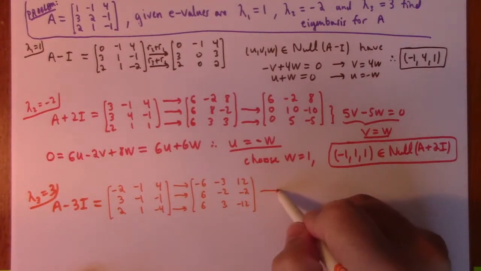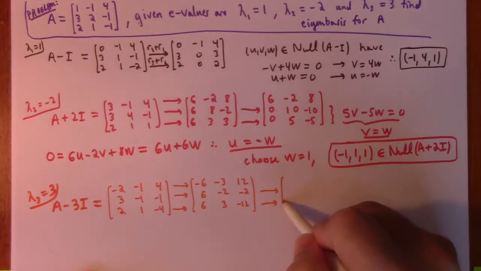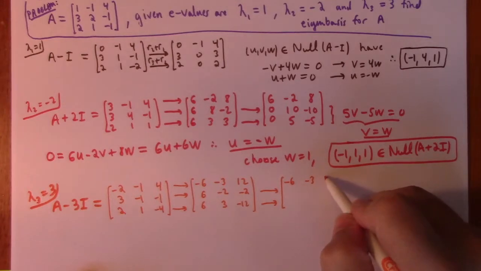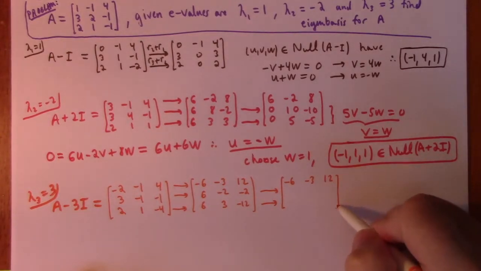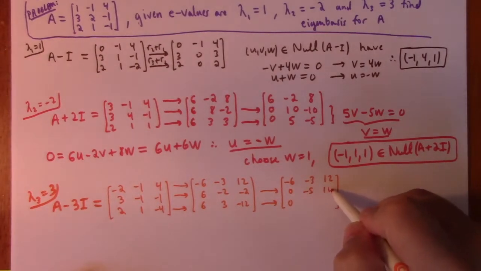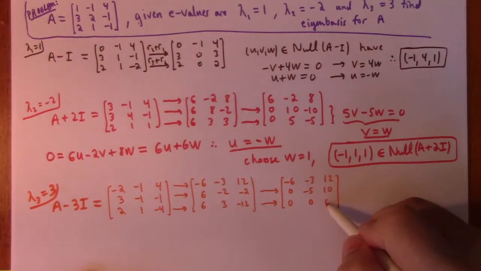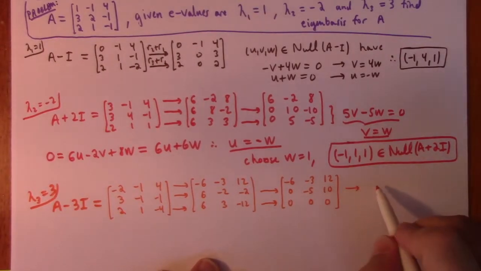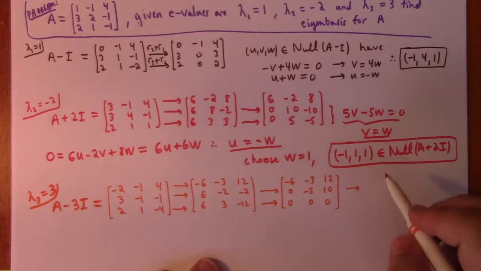And then clear out the first row again. Hopefully that will be successful again. Minus 6, minus 3, 12, top row, that stays the same. Got myself 0, 0, minus 5, 10, and 0, 0. Aha! Well, this time you can see that this tells us that I'm going to divide by 5, so that